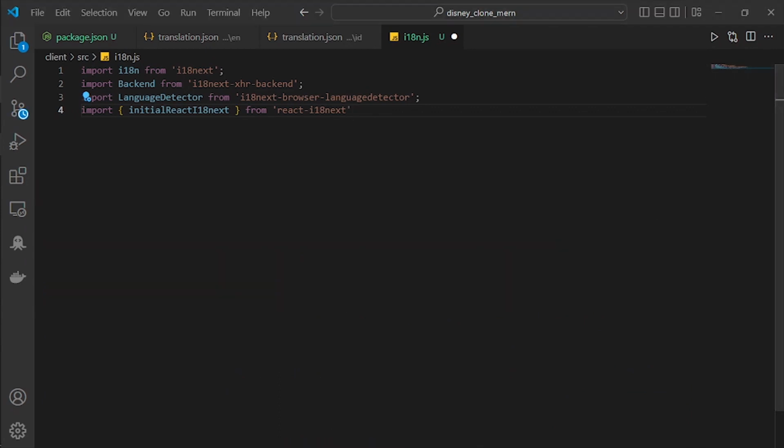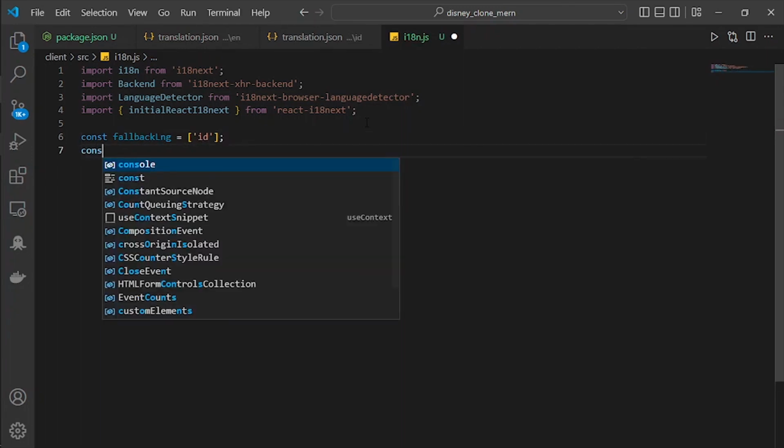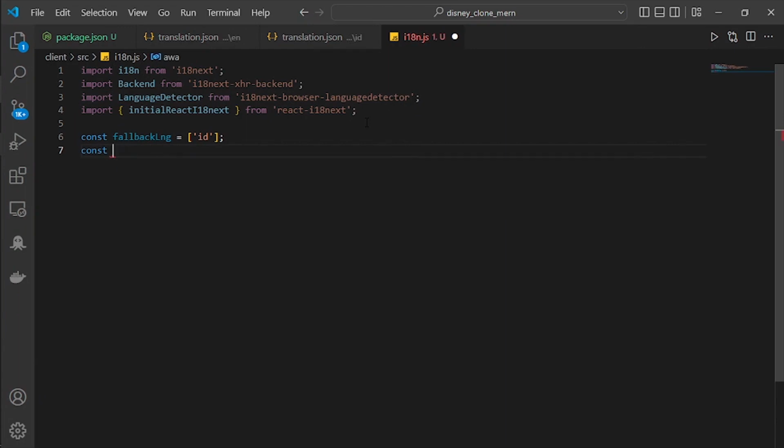In here, after we import all of the dependencies that we need, we are going to make a const, fallback language, which is equal to, this was maybe the default language, and in here we are going to have the available language is equal to English and then ID. Let's make, after this, we are going to make the options